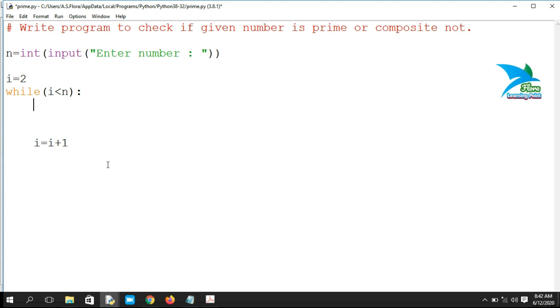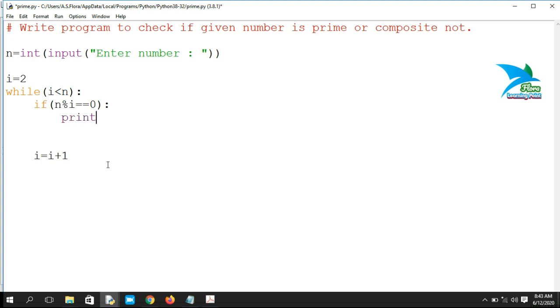Now inside this loop we have to check if the value of n is divisible by the value of i. If you want to check if one number is completely divisible by a second number, then we have to check the remainder. If n % i equals 0, that means it is completely divisible.